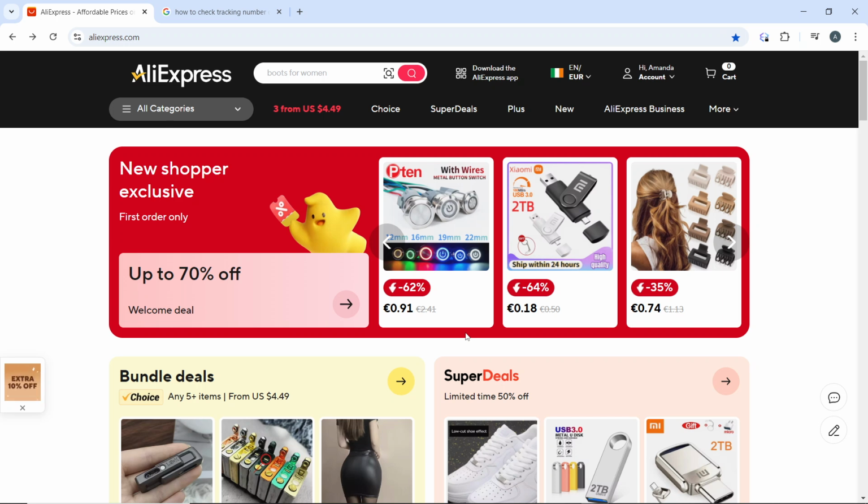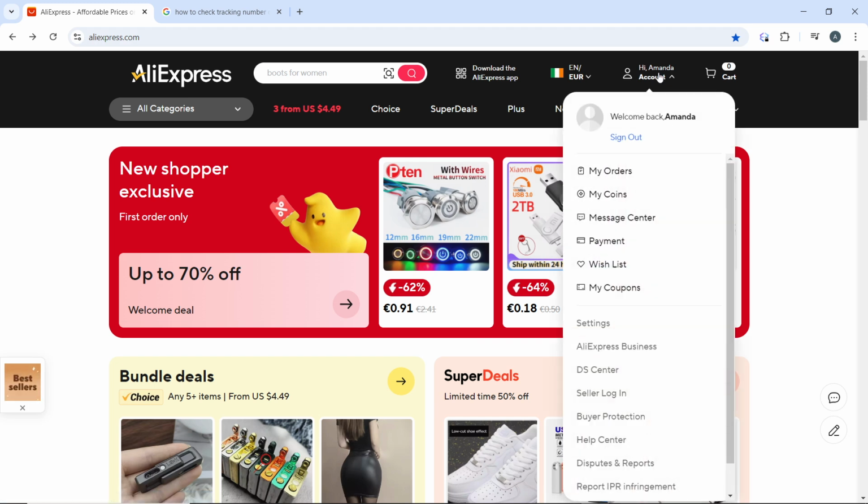aliexpress.com. Once you do that, click on the account icon at the top right corner of the screen and log in with your account credentials. After logging in, hover over the account icon, which is here, and click on the My Orders from the drop-down